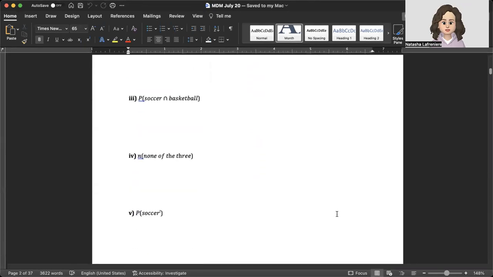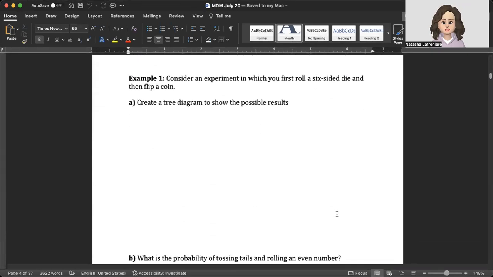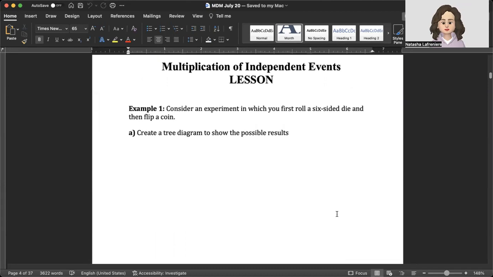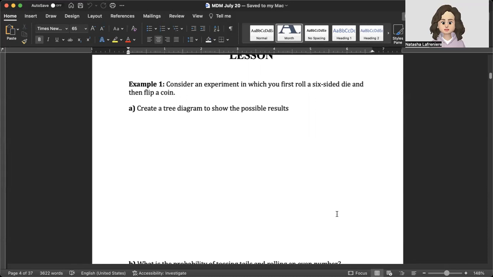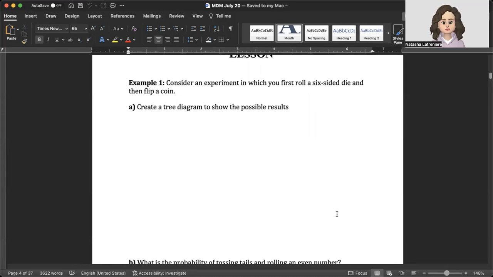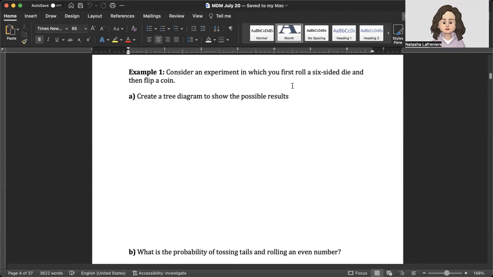So you've got your quiz here. And so you've got your multiplication of independent events. So consider an experiment in which you first roll a 6-sided die and then flip a coin. And so